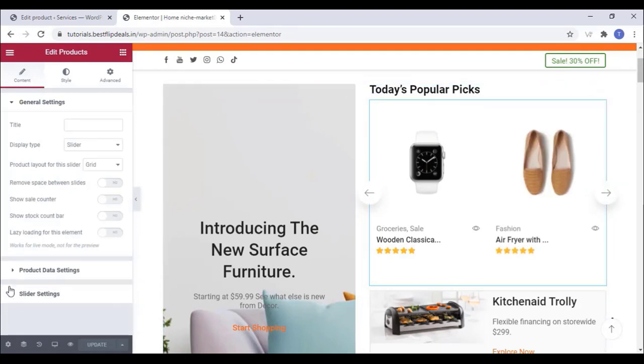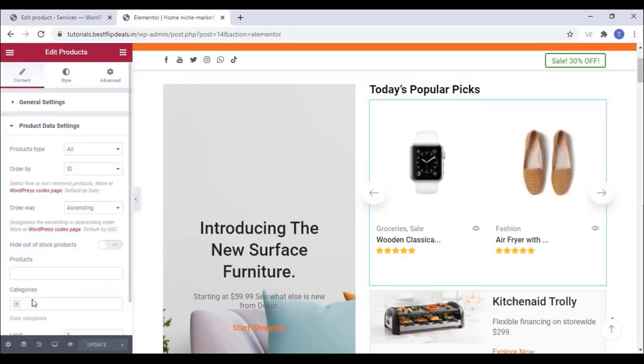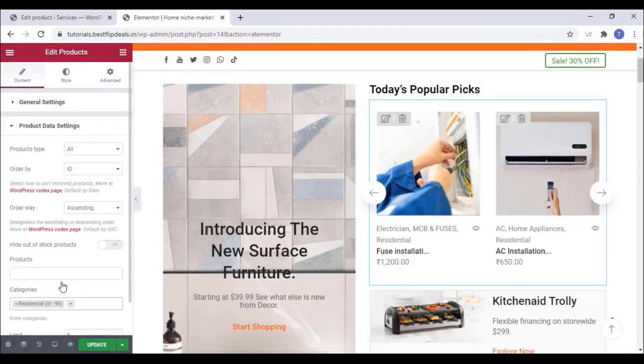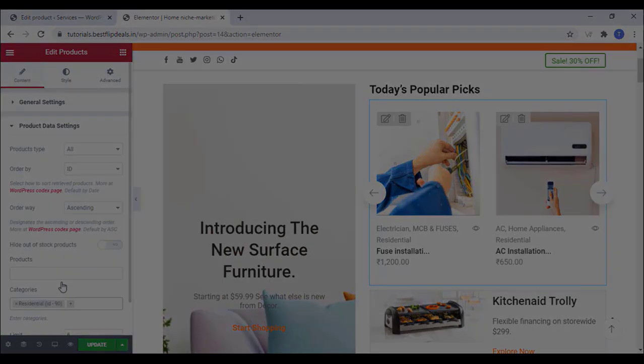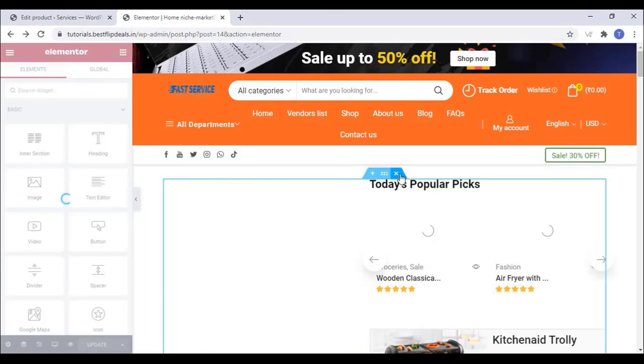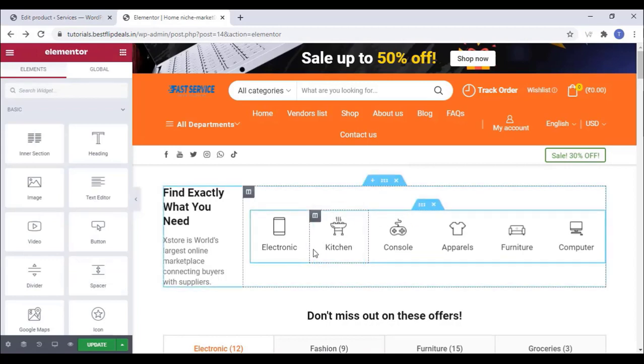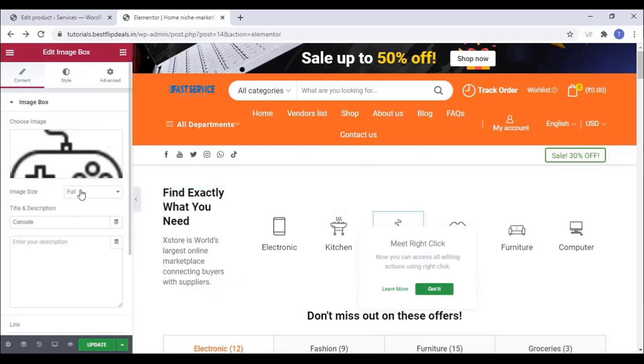You can add the product categories. You can select the product categories, and you can also change the sliders here like this. Or if you want to delete a section, just close that window. In the design, just close that, and you can change the images like this. Once you change the image, make sure that it's a correct sized image. The only thing you want to consider is that